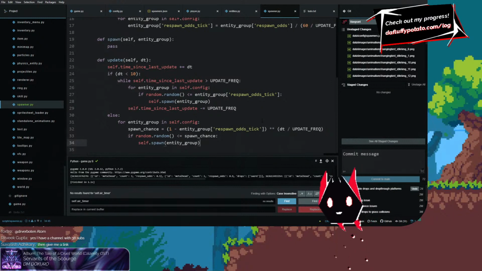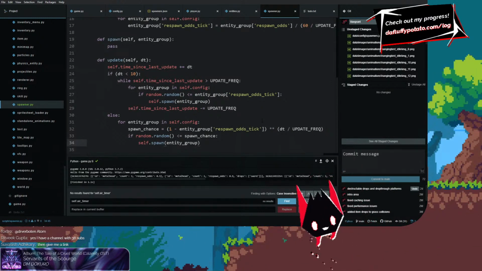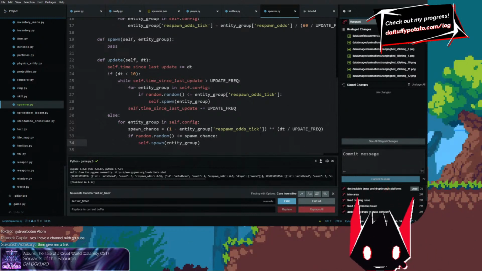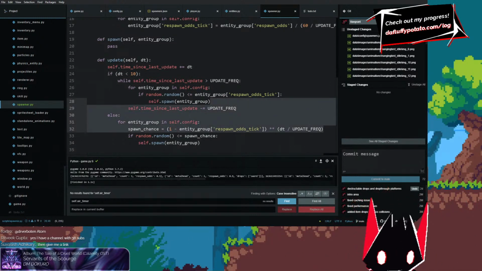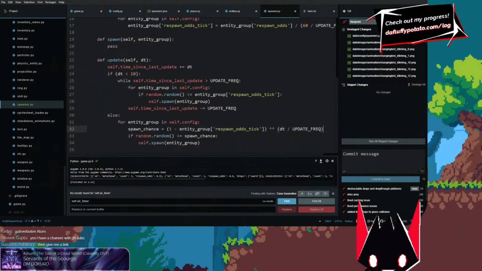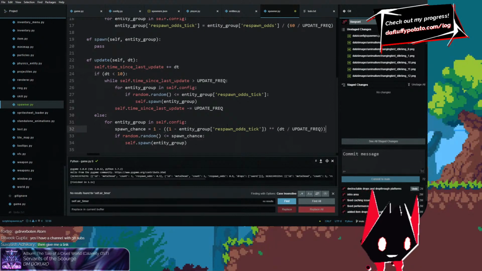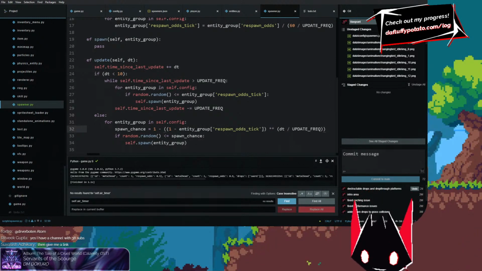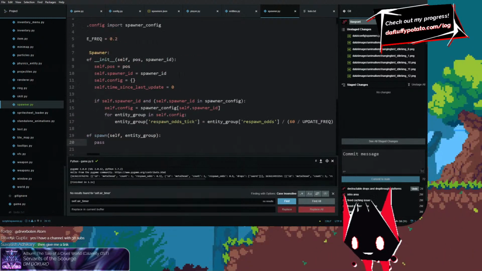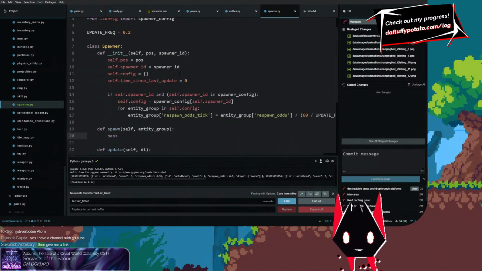I should probably add like a cooldown thing so it just can't spawn for a bit. I don't know. Can I do that right now? Oh, this is still the chance of it not happening. So then I have to do 1 minus that, I believe. And then you spawn it. So now that I have spawn here,